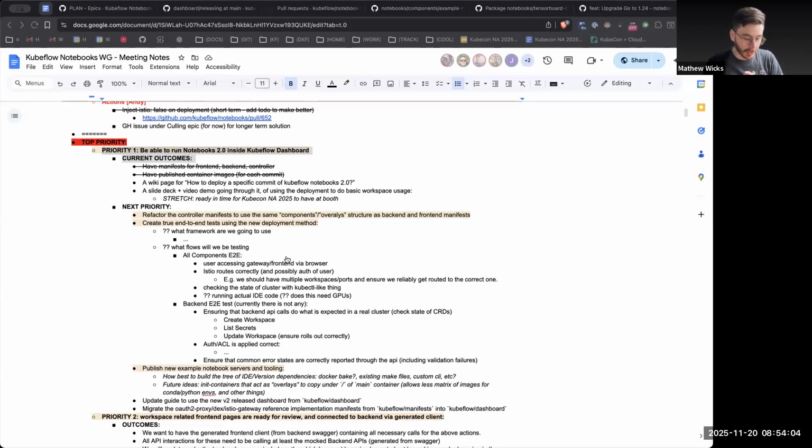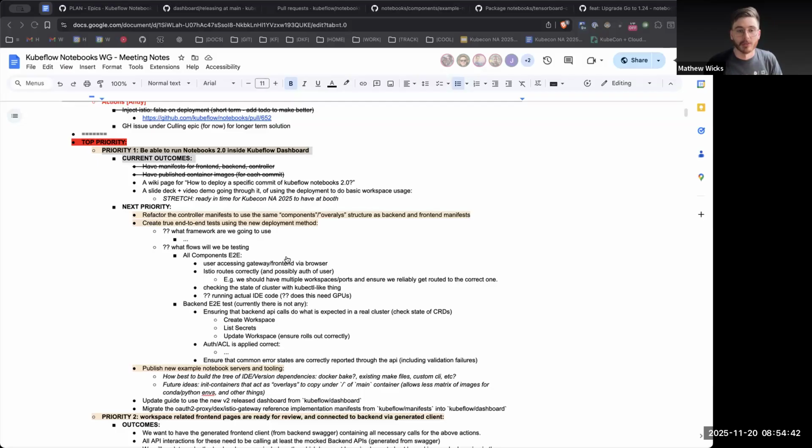Andy has done some really cool work on Tilt, which is, in my mind, related to this, meaning that users obviously shouldn't do this, but developers here on this call definitely should. I really would like everyone who's working on 2.0, even if they're not familiar with the backend and the controller, as almost like a prerequisite, if you haven't already, to run the actual app end to end on a cluster on your local machine. You know what I mean? This is really important. It shouldn't be hard, and if it is, you, whoever you are, who has trouble, will be a very good point of help to pipe clean the problems.